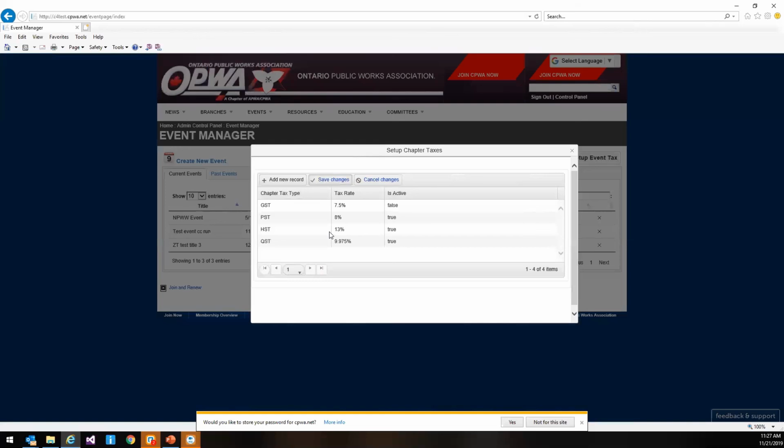So you're cutting in and out, but I think what you're asking here, and correct me if I'm wrong, is you would select which taxes are applicable for your area or for your members, and then when you're setting up your event, you can actually set to the options which one of those are applicable. Now, the only caveat is if you've got folks who are in different areas being charged the rates in different areas,